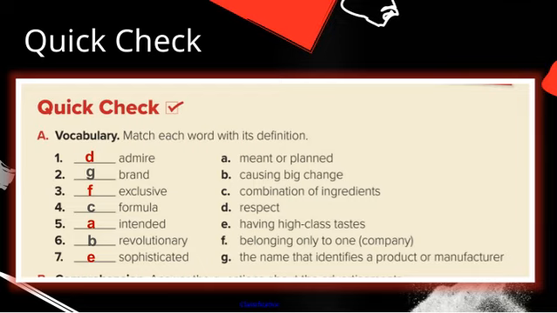All right, let's do a quick check to see if we've grasped the key points. As we review the letters, E, B, A, C, F, G, D, think about how each one connects to the big picture. Remember, this slide is about reinforcing what we've learned so far, so I want you to focus on understanding how these elements fit together. If something seems unclear, now's a good moment to clarify before we move on. The goal here is to ensure we're solid on the fundamentals, so we can build on them confidently. Keep this in mind as we proceed, and feel free to ask questions if anything comes up.